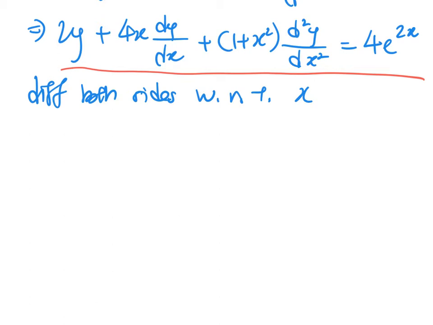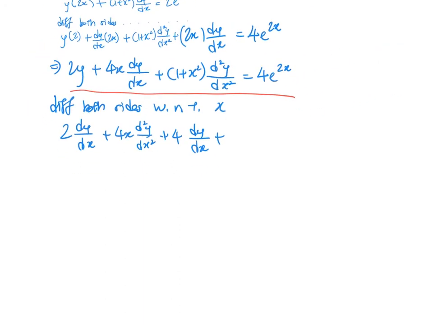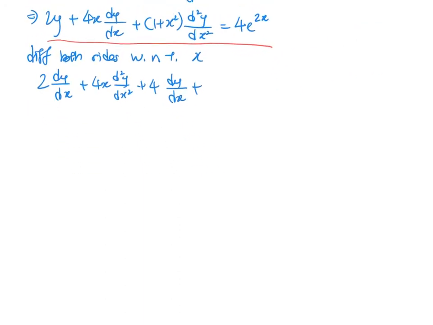So we have 2 dy/dx plus 4x d2y/dx squared plus 4 dy/dx plus 1 plus x squared d3y/dx cubed